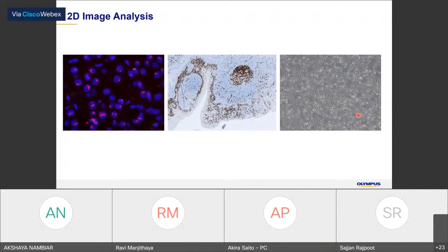But anyway, the point you need to understand is that you need to use the observation method which can detect or make the contrast that you would like to see, or maybe would like to analyze.